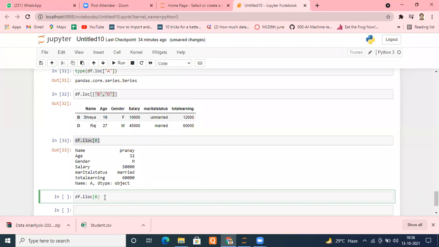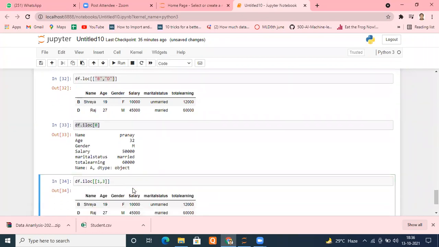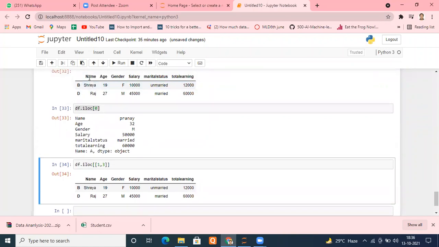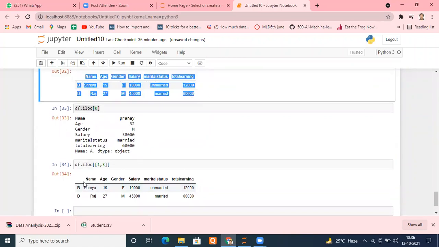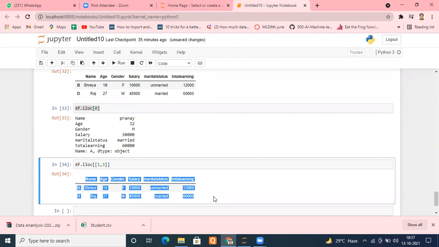And what I'm doing here, I'm again using a list. Suppose I want to access B and D, so B's index will be 1 and D's index will be 3. Pack them inside a list, run this, and you can see both entries will be exactly the same. Any order you want, you can access your rows. So now you know how to access your rows and your columns, and different ways to access your rows also you have studied now.